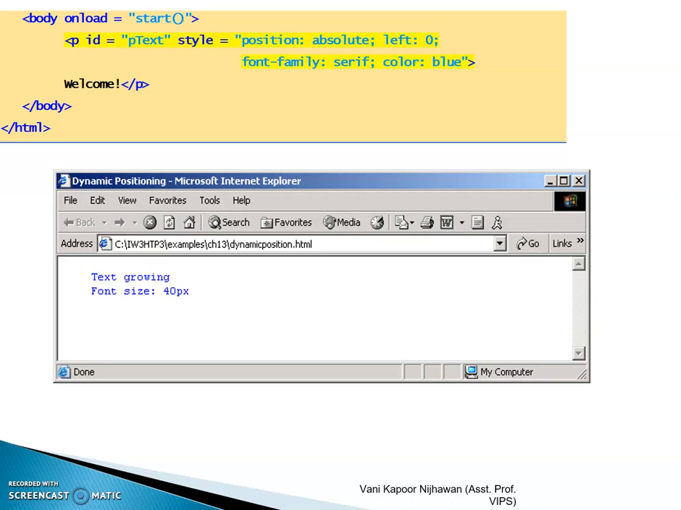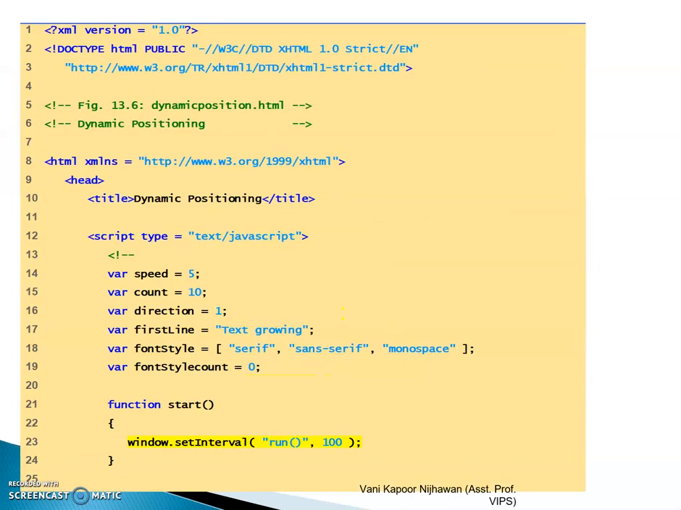And since you're calling start on onload, we'll move to start. In the start function, we are calling set interval. We had discussed this function already in college in our classes, but I'll repeat its use. Set interval does what? It